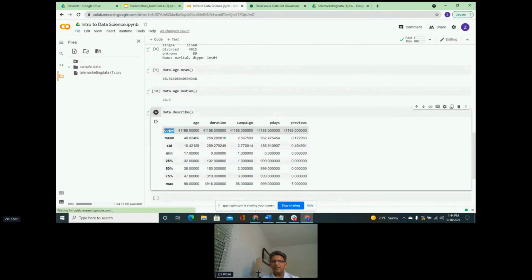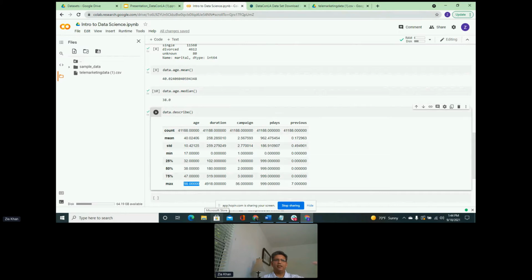And what it tells us is the count, which is how many, and the mean, which is the average. So the age average was 40.02, and there it is, 40.02. Standard deviation, so 10.42. Minimum, so the youngest person in our group is 17, whereas the oldest one is 98. So it tells us the range.